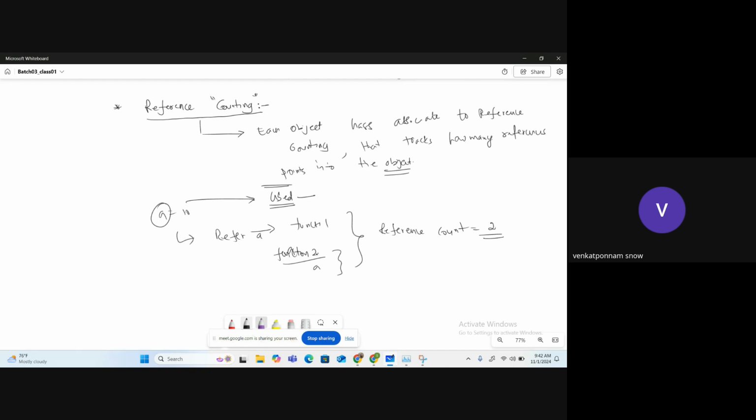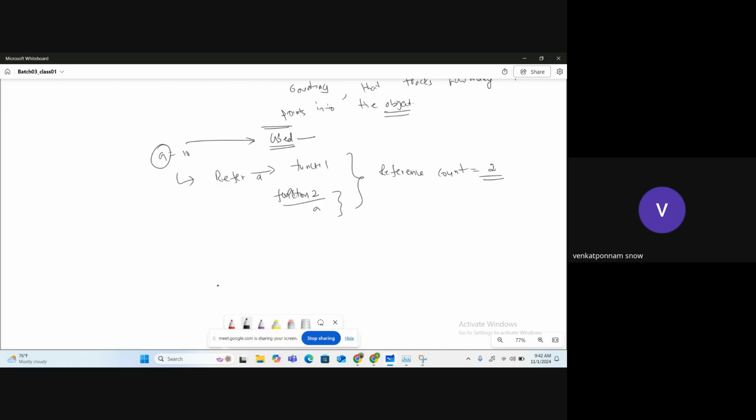Yeah, the reference count is 2. So see, I declare one variable at the top of my Python code, and I have used that variable in one of the functions which is written at the last. So the interpreter is going to work line by line. It declared the variable, then it executed the function, and the count will be increased. Okay.